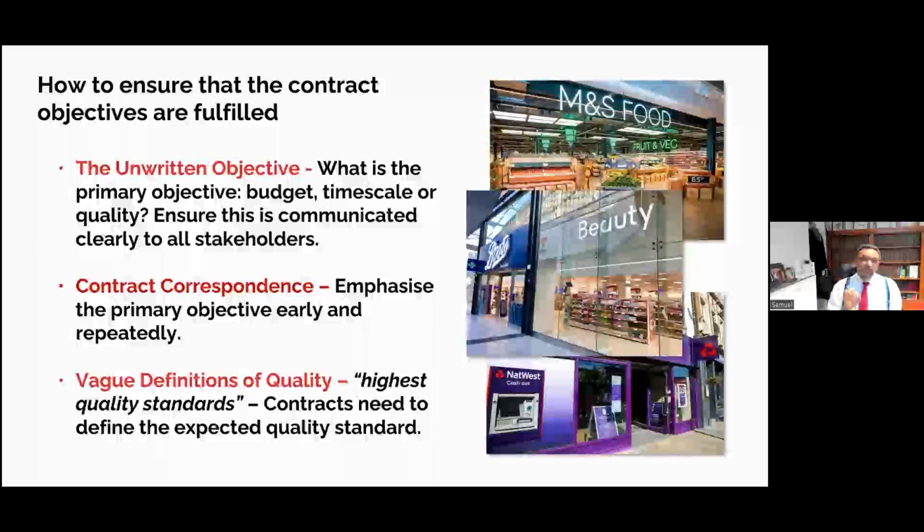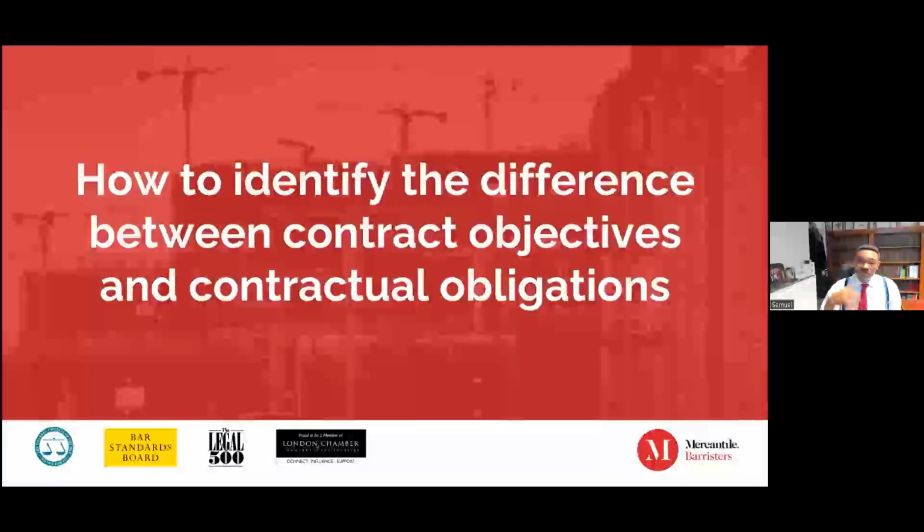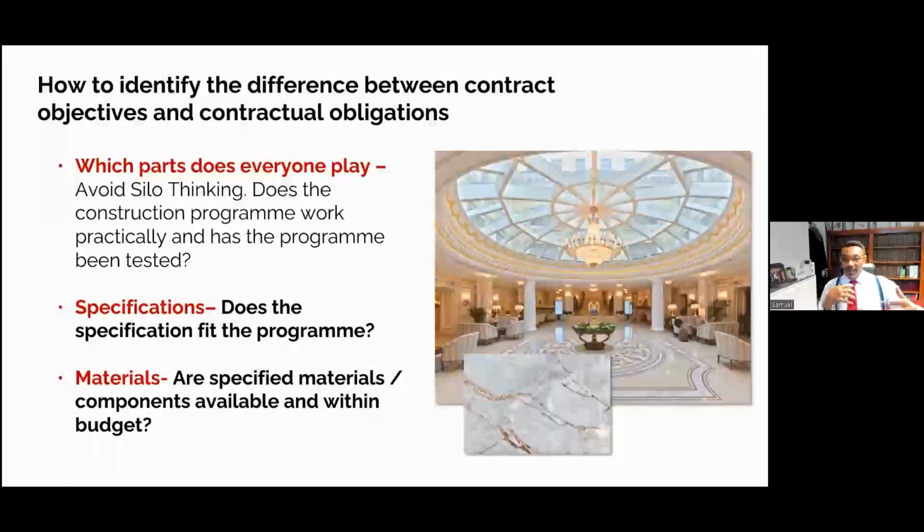So it is imperative at every opportunity to identify what are your contract objectives and then be able to share that and ensure that you're screaming it from the rooftop so that everyone buys into it. So the next point that we touch upon is how to identify the difference between the contract objectives of the type of example that I've just given and what is your individual contractual obligation. Now, it isn't just a case of identifying what that difference is. You ought also to be able to then relate your obligation to the objective.